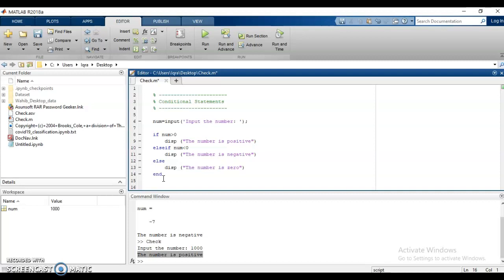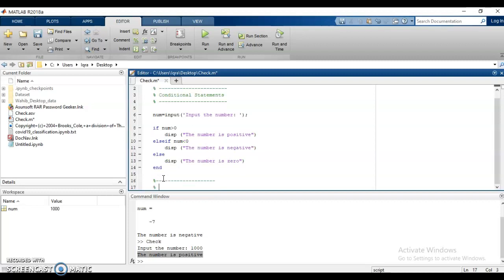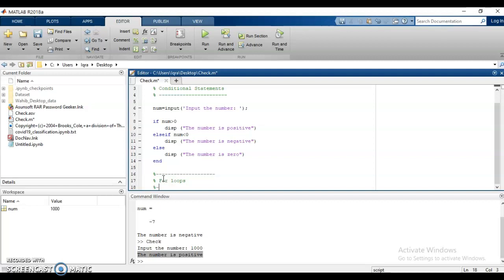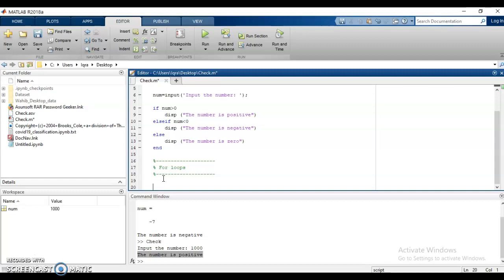Okay, so the next thing is the for loops. Why do we need loops, for loops or while loops or whichever loops? The very quick way to answer this is that we need loops for redundant tasks, for repetitive tasks.